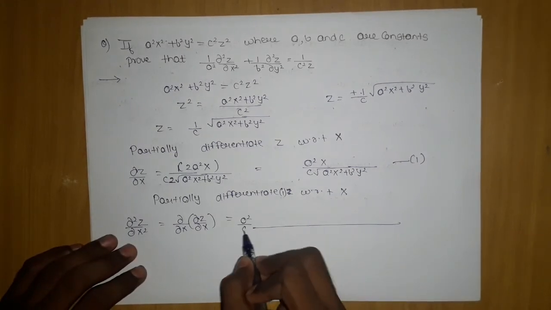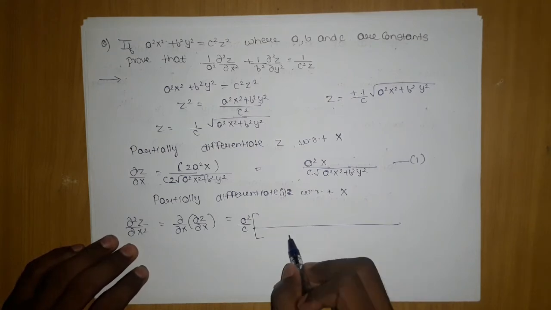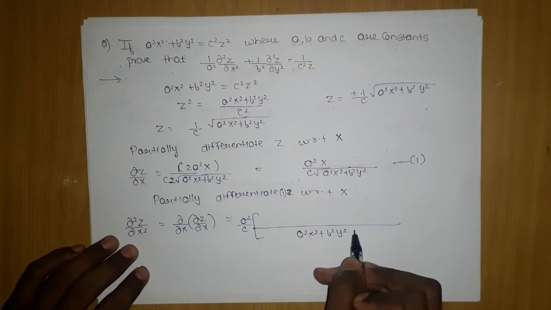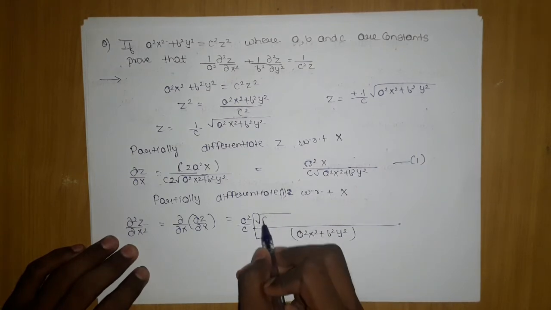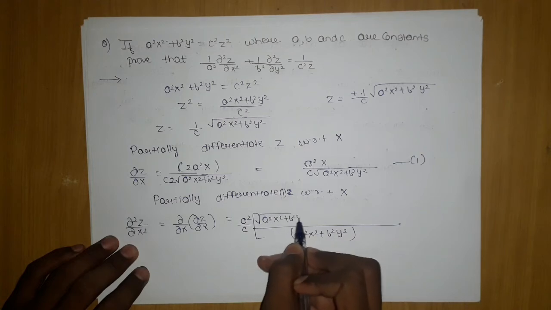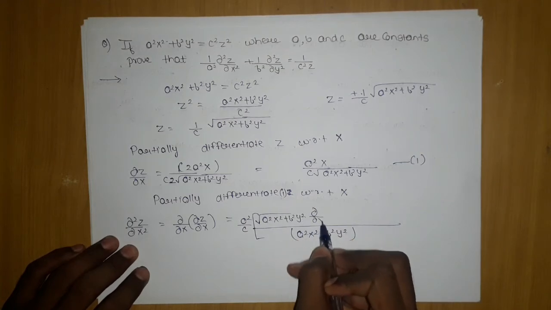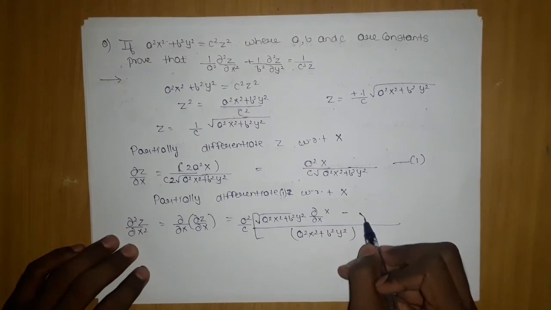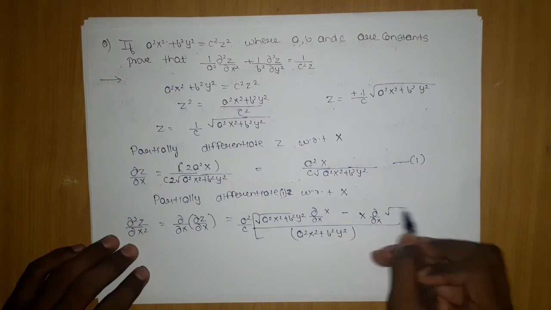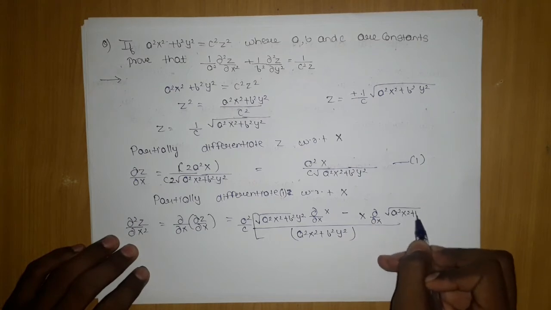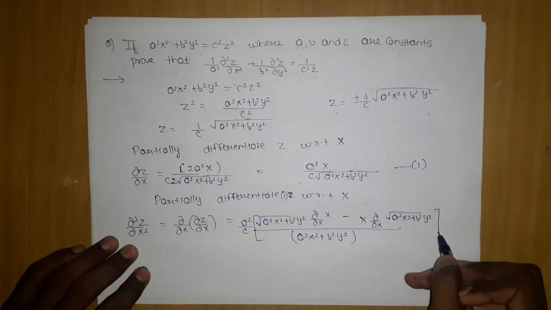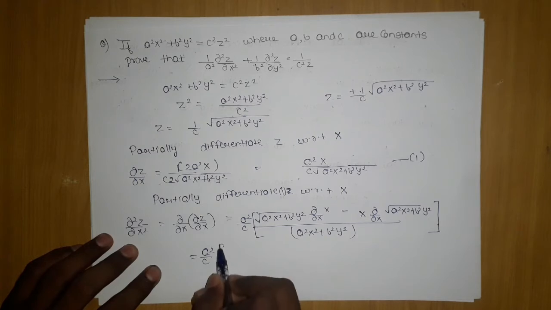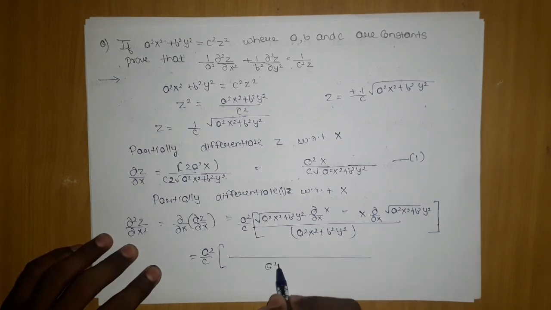First thing, I will move the constant outside so that I don't make any mistake. The moment it will square, I will be left with a square x square plus b square y square. First thing, this will be as it is here. Dou square by dou x, it will be x, minus x will be here dou by dou x of what? Under root a square x square plus b square y square, right? Now in the next step, a square c will be as it is, the denominator will be